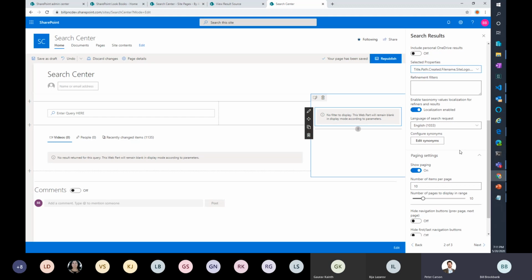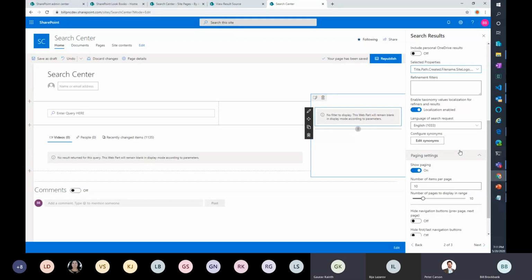Bill, you'd have to set them up as managed properties explicitly, wouldn't you? Or do they just automatically show up? You should, but if you're not refining, you'd have to go look at how the properties of the metadata were set up. And I can't remember if retrievable was one of the defaults. It might have been, but I can't remember off the top of my head. So you need to make sure it's a retrievable property. Once it's a retrievable property, you can pull it back. This selection is for all possible fields; if they're available, it will pull them. If they're not available, they won't come back.